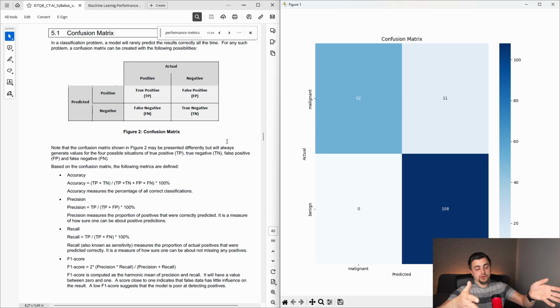So this is the ISTQB document, which contains the information about these metrics and the confusion matrix. The true positive, false negative, and true negative values are there, although the table is a bit flipped, in a way that on this axis they are predicted and this is the